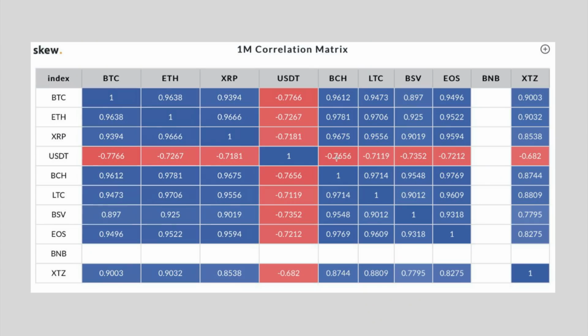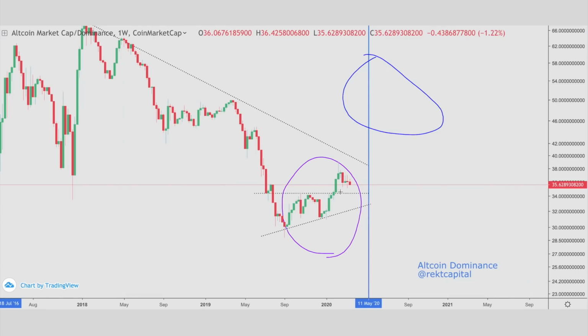So what we're seeing here with strong correlations of altcoins to Bitcoin is perfectly normal and something that is needed for this ascending triangle top to be retested as a new support for altcoin dominance. So can you see how Bitcoin's price action and its capitulation is actually good for altcoins on a technical level? That's something to bear in mind, because I'm not necessarily bearish on altcoins, although definitely it's very tough for the entire market. But if you're looking at altcoins from a macro perspective, altcoin dominance is holding its macro structure,